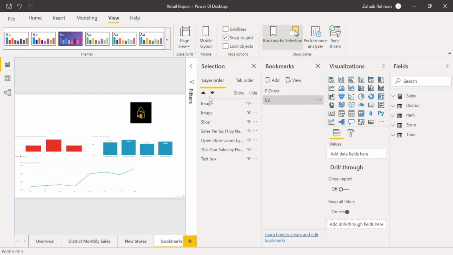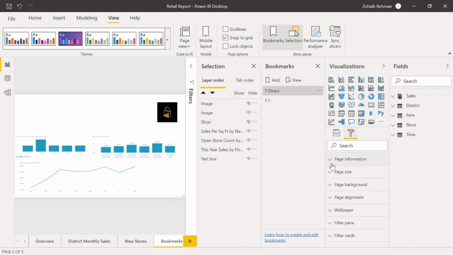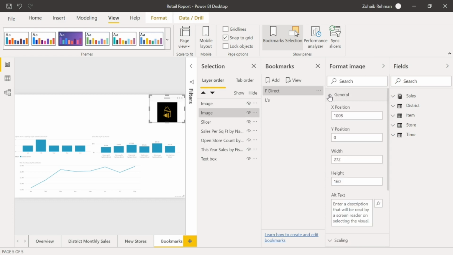Alright, so what I want to do is kind of overlap it. So now that I know that this image is not the same as the other image, I can redirect it. So I can put it into the same position as the previous image. So if I just go on to this image and check, select it, and I just say, okay, what's the general position? It's position 1008. Just copy that, and then I go back to the L's,